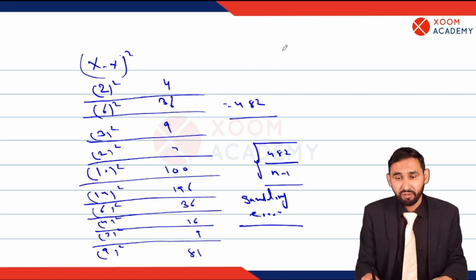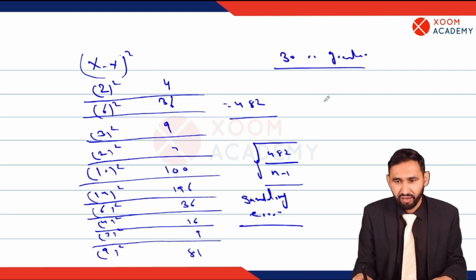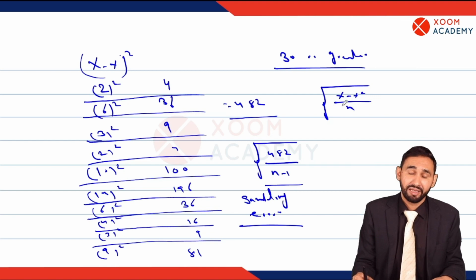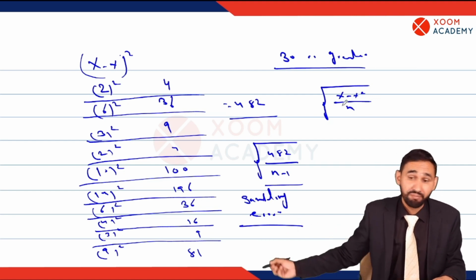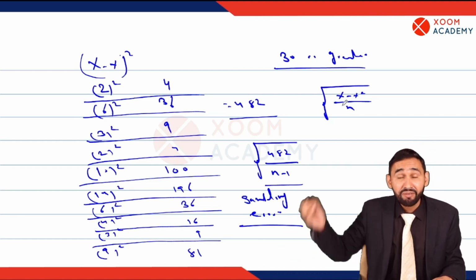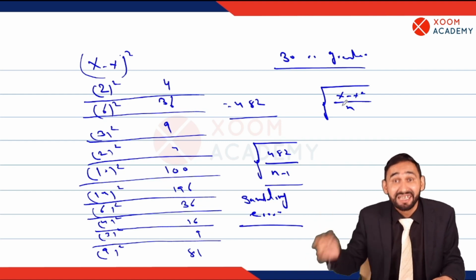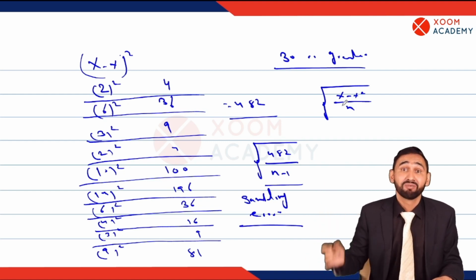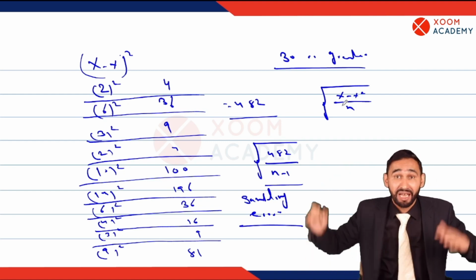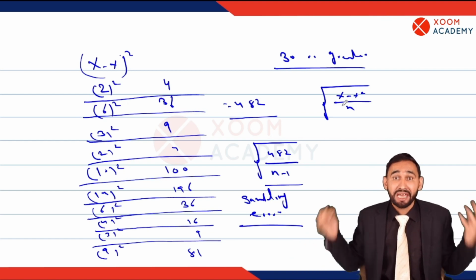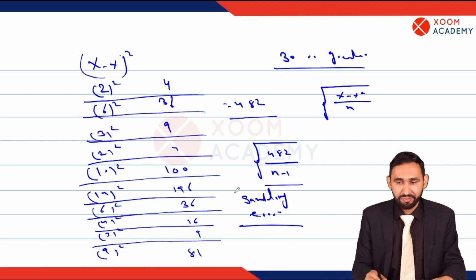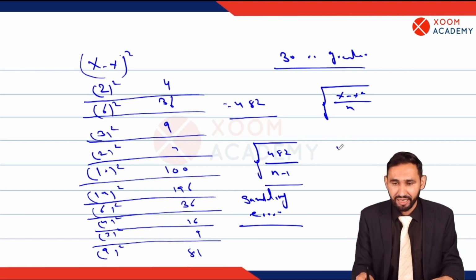If the total number of observations is 30 or greater, then the formula will be x minus x bar over n. We don't need to subtract 1 because it is a sufficient sample. But if the number of observations is less than 30, we subtract 1 from the total number of observations. Like if the total number of observations is 10,